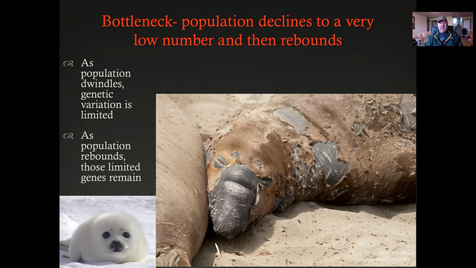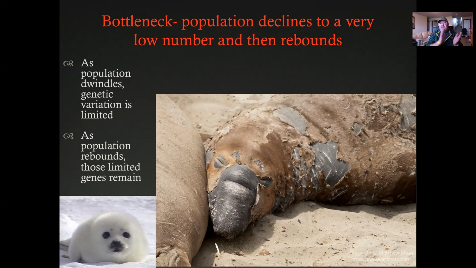So these are elephant seals, and the example I like to talk about with this is elephant seals live on the coastline of California, and fishermen didn't like the elephant seals being around because they ate the fish. So the fishermen killed almost all of the elephant seals. The ones that remained, most of them had this disease where it causes their skin to molt and shed off, okay?